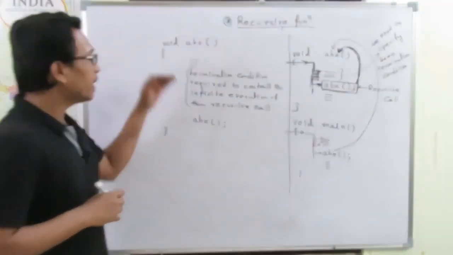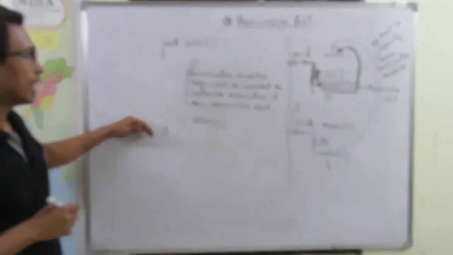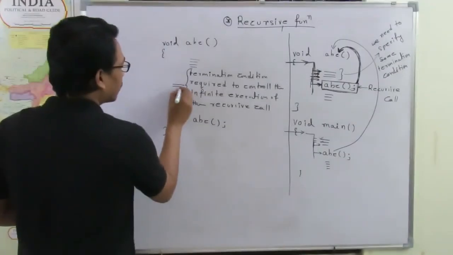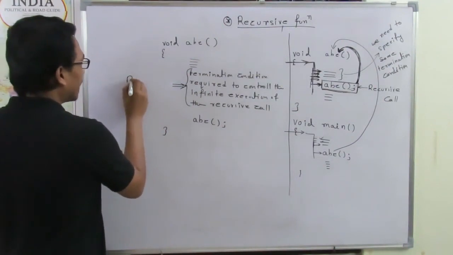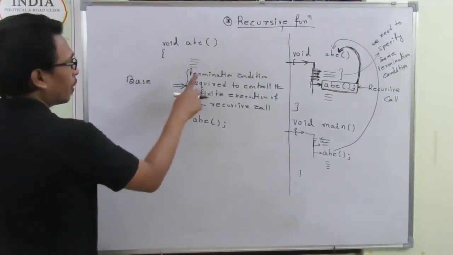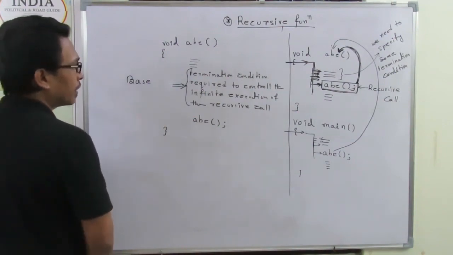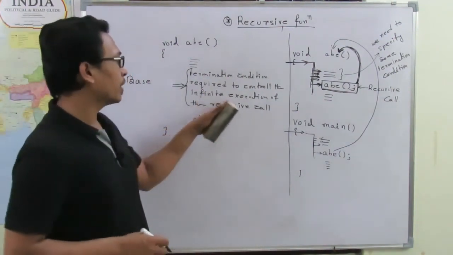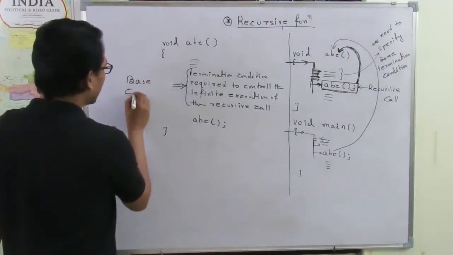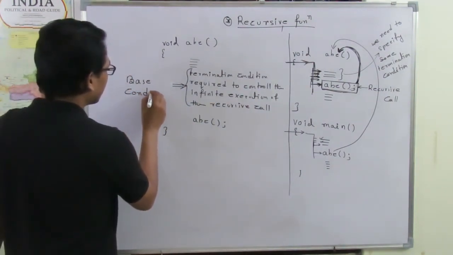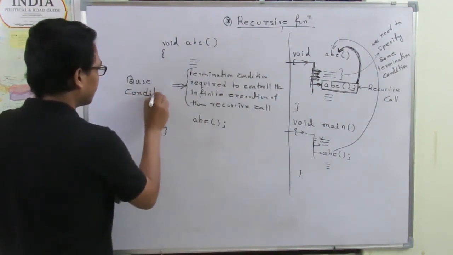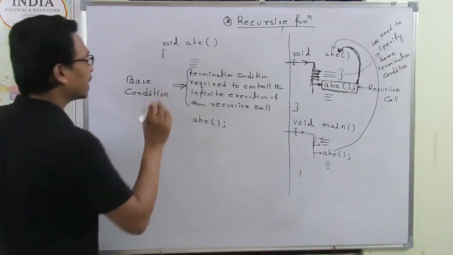So this is the actual syntax of a recursive program, and this termination condition we call the base condition. The termination condition that we use to control the infinite execution of the recursive call is called the base condition. Clear? So